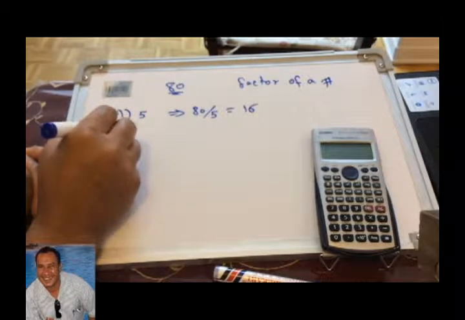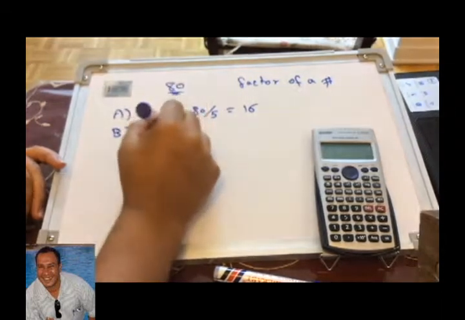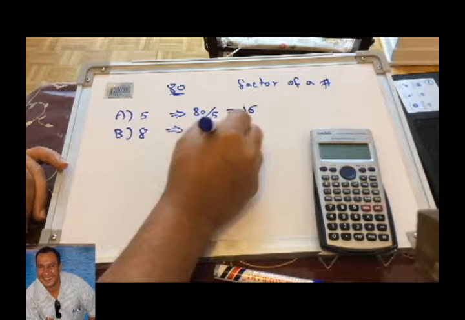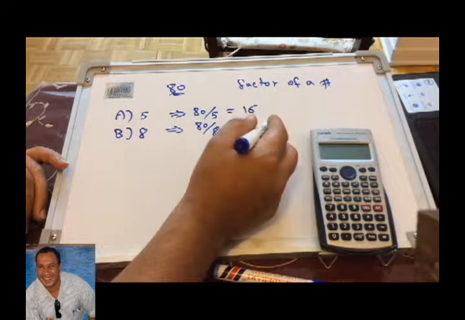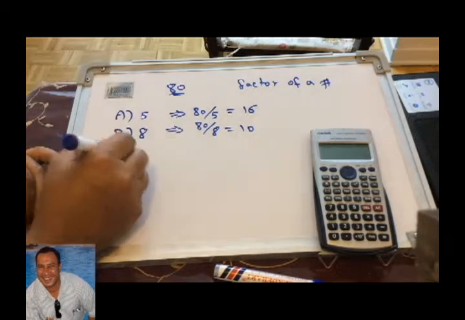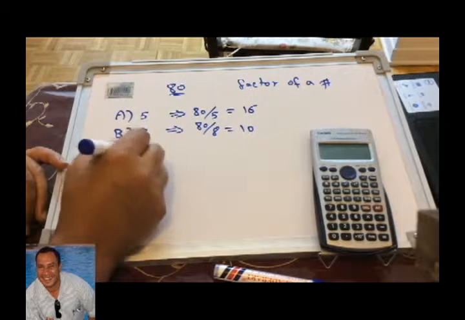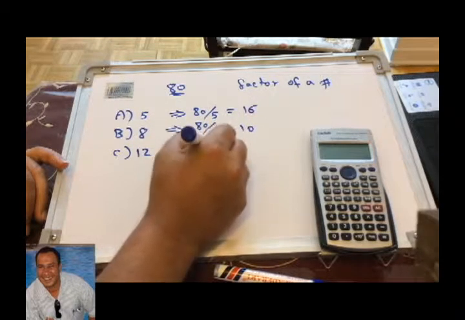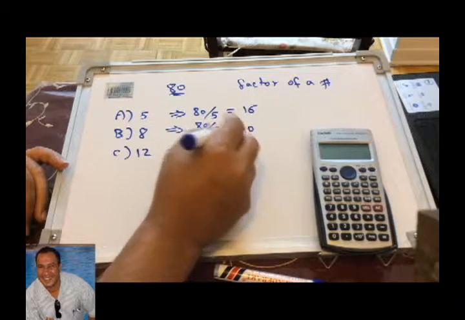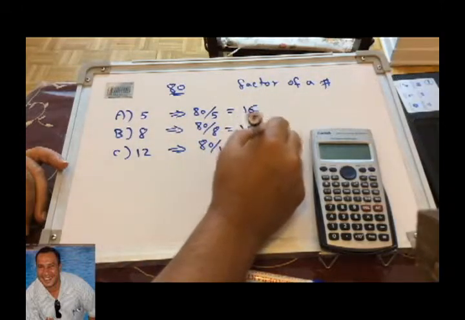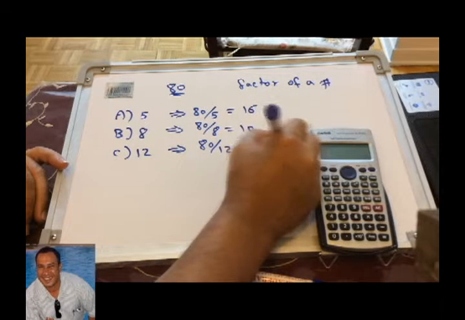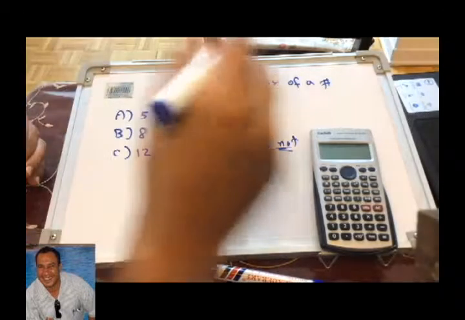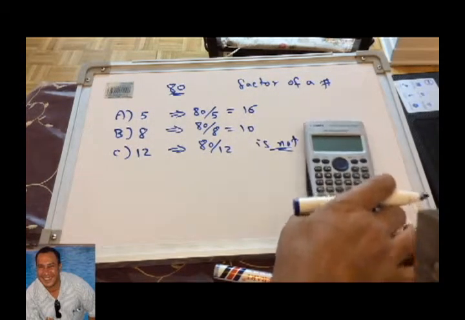Answer B says 8. You can ask yourself, is 80 divisible by 8? Yes, the result is 10 without any remainder. C, 12. You can ask yourself, is 80 divisible by 12? The answer is no, not divisible by 12 because there is a remainder. The remainder will be 8 because 80